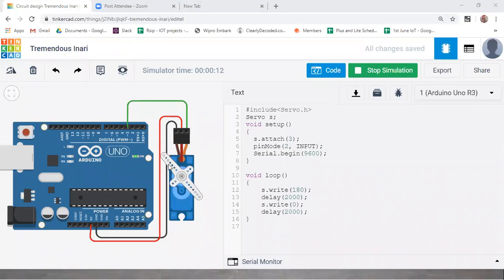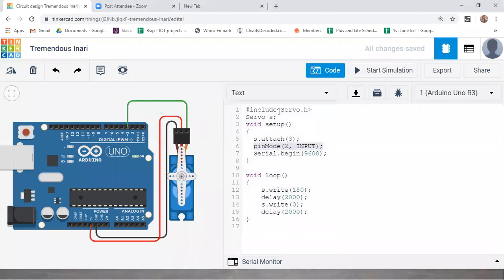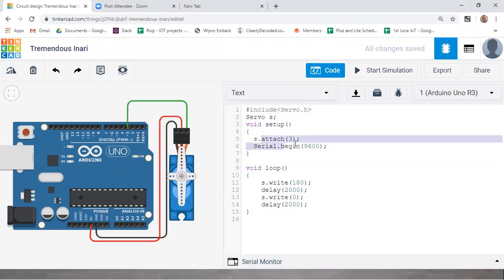Yeah, so guys, it is not pin mode 3 comma output. I told you, right? Here for the servo motor, you have some predefined library, that is servo.h. In servo.h, to initialize this pin and use it with the Arduino, you have a function called attach. It is just like the pin mode function itself. This attach function is used just to initialize this pin to Arduino. Got it, guys?